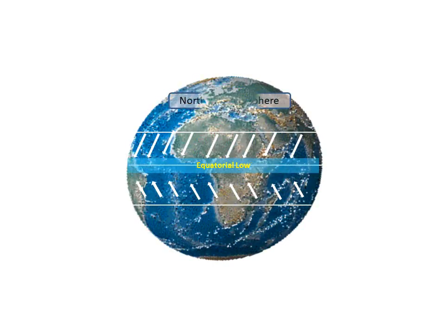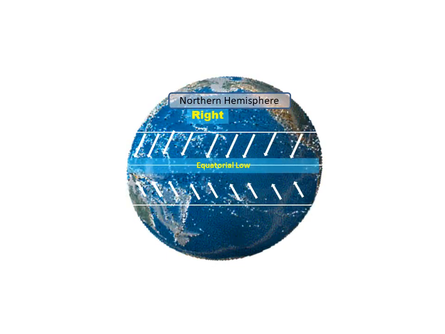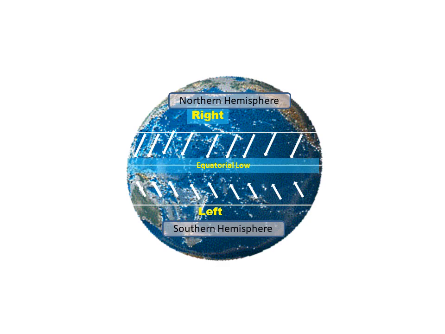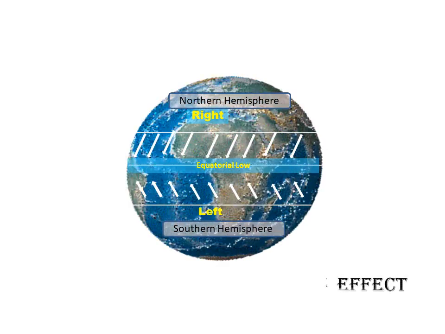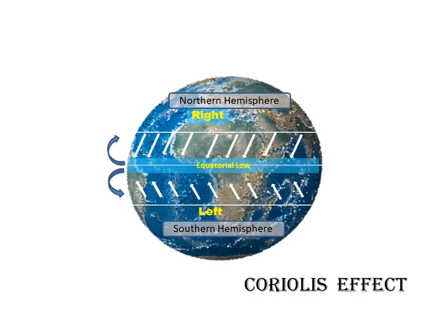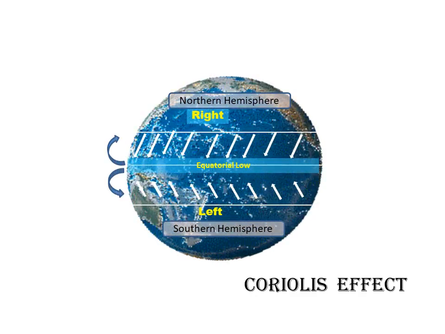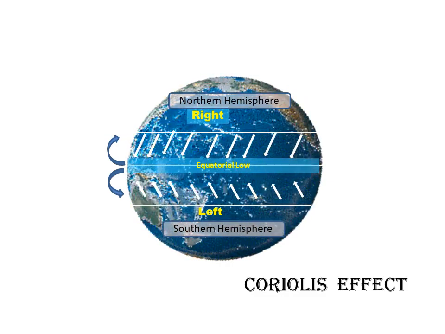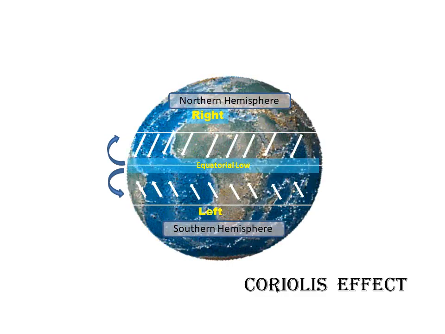These winds veer to the right in the northern hemisphere, and in the southern hemisphere the winds veer to the left. This is described as the Coriolis effect. The winds bend to the right and left in the northern and southern hemispheres respectively because the Earth is spherical in shape and the Earth rotates from west to east.